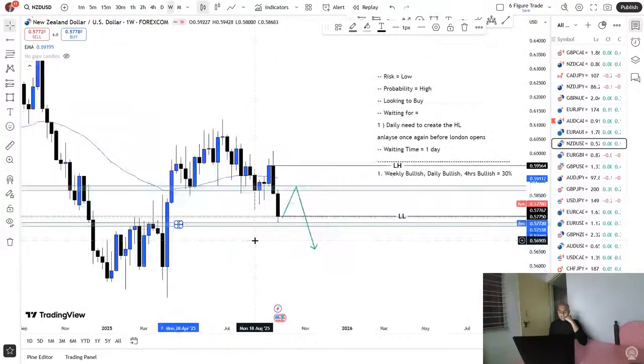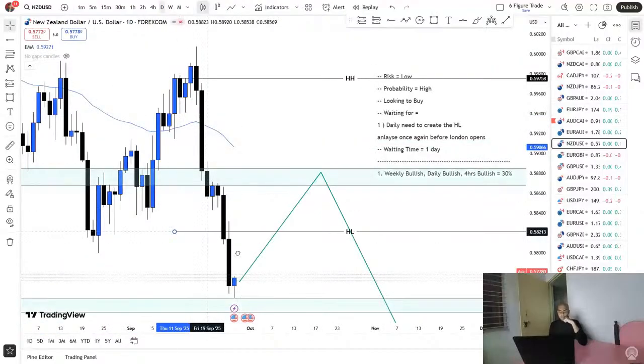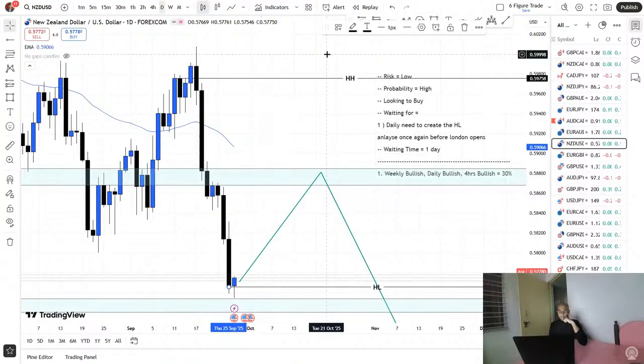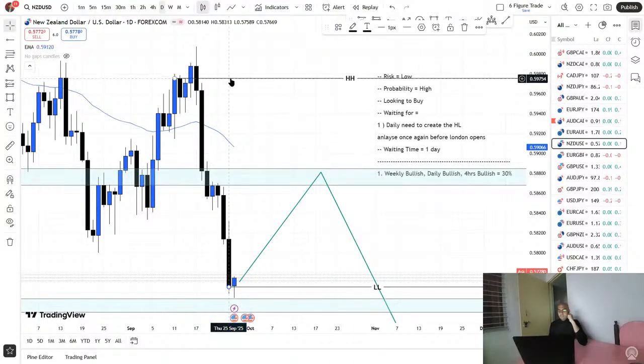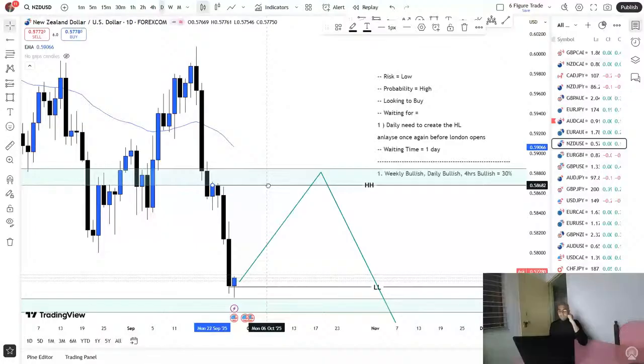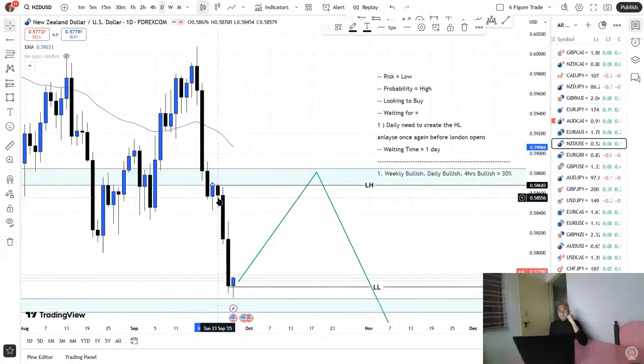So we can certainly take that counter trade, but that is going to be the very highest. The daily lower low, and this is going to be the daily lower high. Pretty much we need the retracement. That retracement will give us a beautiful